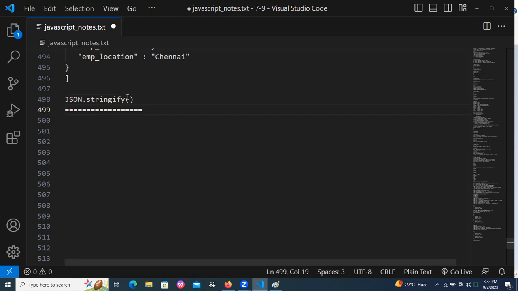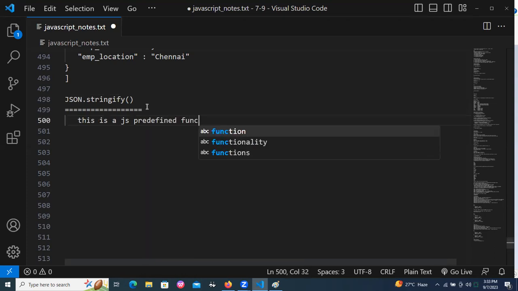So this method has capital letters in JSON and small letters in .stringify. Then this is the function. And what can this function do? This is a JS predefined function which is used for